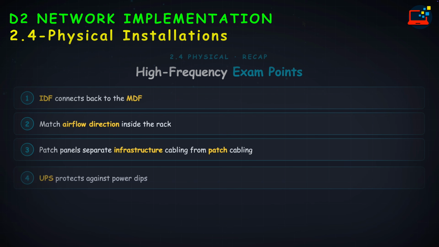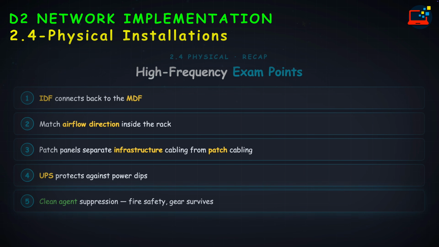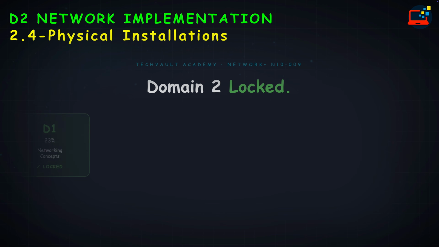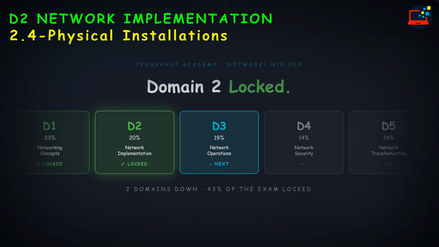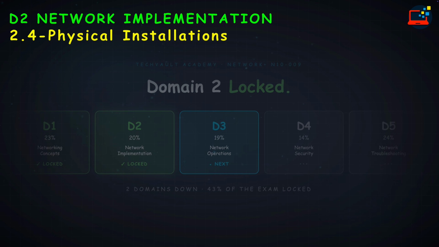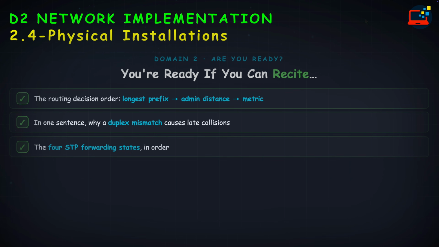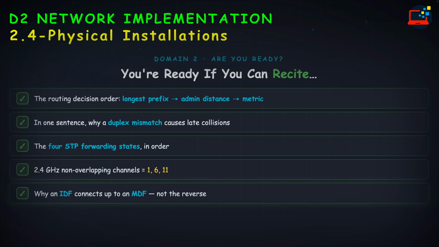That wraps 2.4. The high-frequency exam points: IDF connects back to MDF, match airflow direction inside the rack. Patch panels separate infrastructure cabling from patch cabling, UPS protects against power dips, and clean agent suppression protects against fire without destroying the gear. That is Domain 2, all 20% of it. You're ready for this domain if you can recite the routing decision order without hesitating, longest